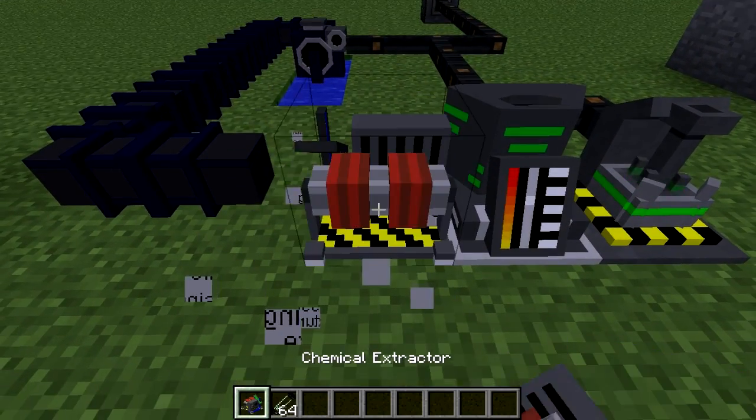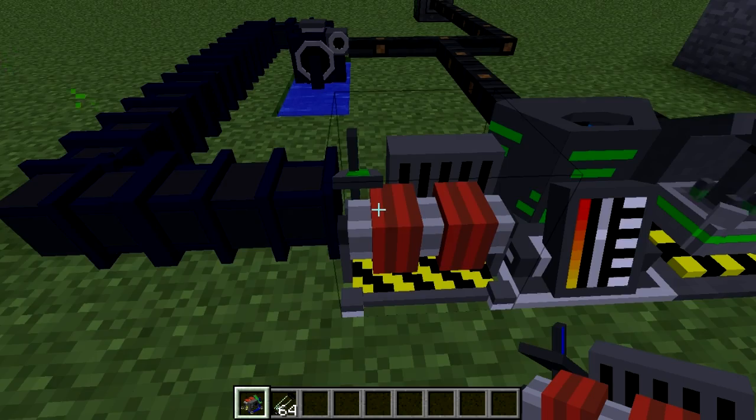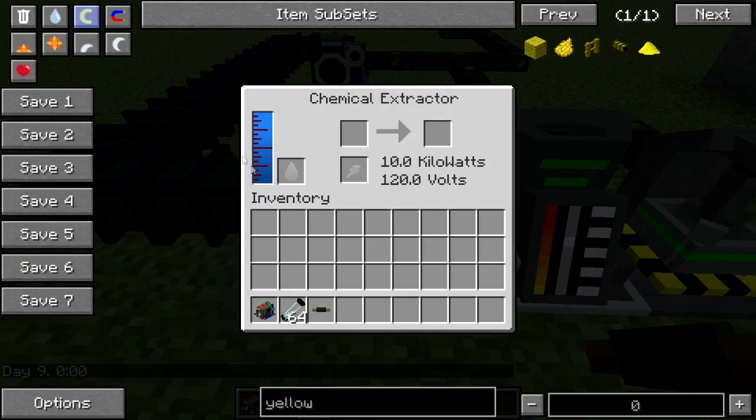I'm going to break that and just put it right here. It's hooked up to this now, and it's actually going to fill it up because there's also a water meter on this. And we're also going to supply some power to it. Alright, and let's make a date real quick. Alright, so now we have power and we have